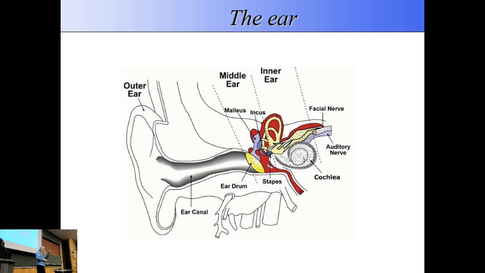But the vibrations are actually happening, and what's happening inside is that little bone behind your eardrum is vibrating. In fact, it amplifies the sound a little bit, and it goes into this rather wonderful organ in your ear called the cochlea. The cochlea is a spiral thing that's full of fluid, okay? And what happens when you vibrate the bottom end of it, different places in that spiral will vibrate depending on the frequency that the original bone is vibrating.